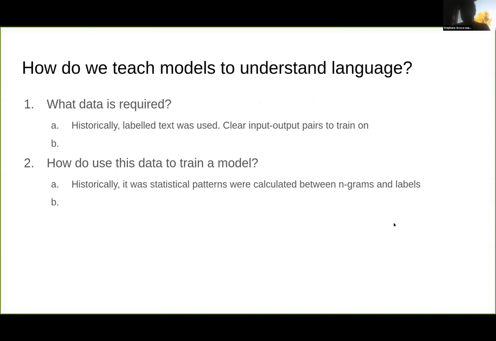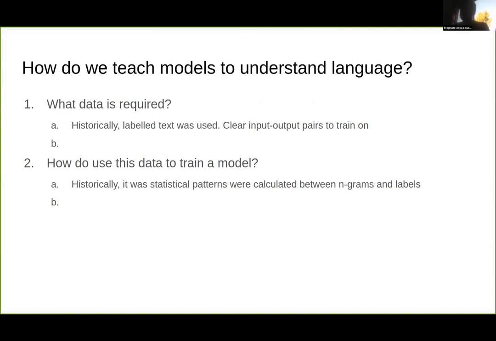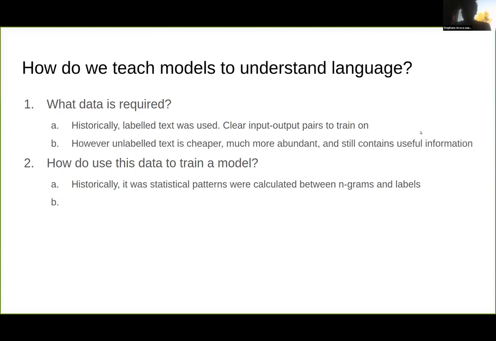So going back in time to how NLP was developed, a lot of labeled text was used. Supervised learning has clear inputs and outputs to train on, so this is a clear first step. This is where you'll start seeing things like training on the Brown corpus, and it was really just calculating statistical patterns between n-grams and labels. Shortly afterwards, they realized that there's an abundant amount of unlabeled text, which is way cheaper and still contains a lot of useful information about how language exists in the world,